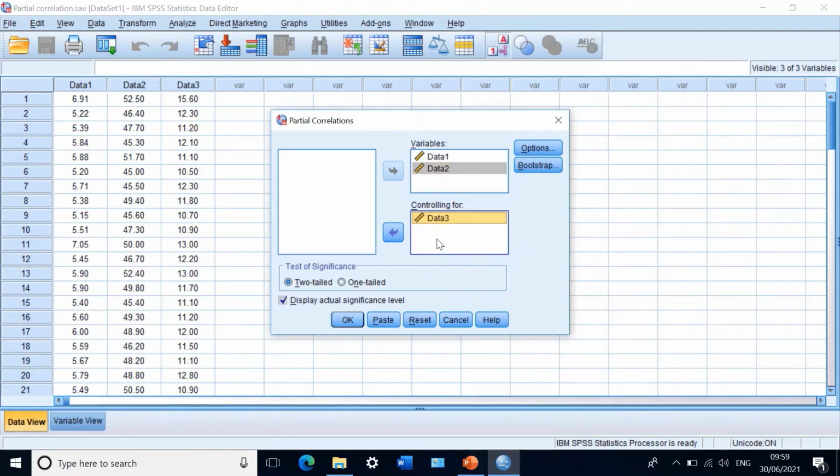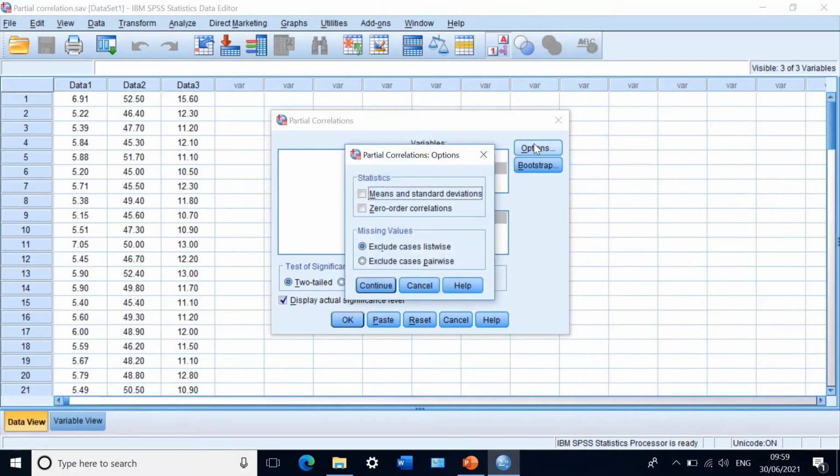So the relationship between these two, excluding the influence of data number 3 on both data 1 and 2. And in this also I want to go for a two-tailed test of significance, and I want to display the actual significance level. And if I click on options, I also want to take the zero order of correlation. Zero order correlation will look at the correlation between all the three